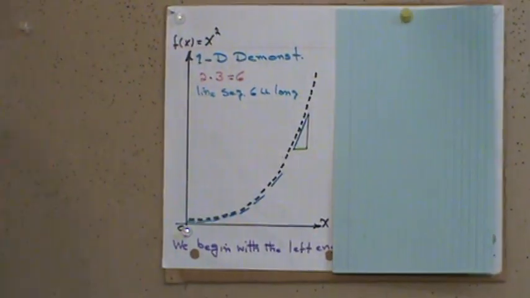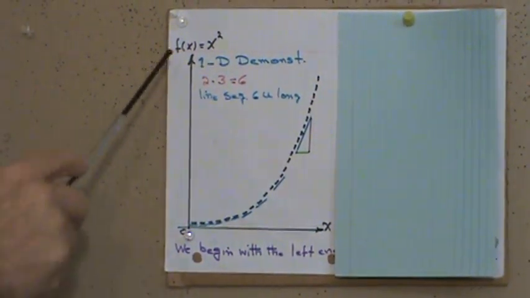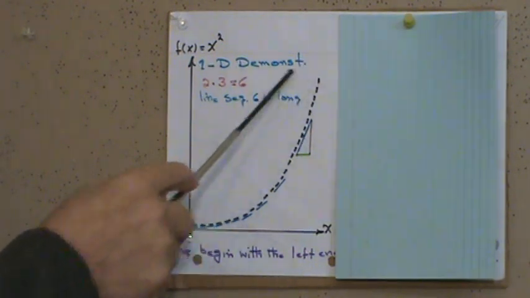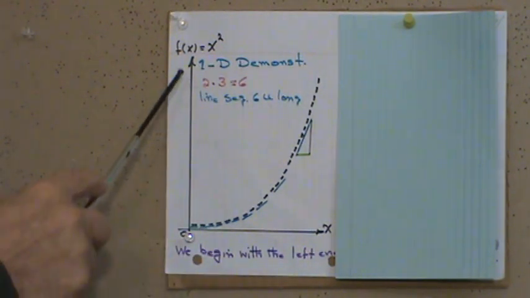Now here, my function is f of x equal to x squared. You see, I graphed it. This is the graph of f of x equal to x squared. Now in 1D